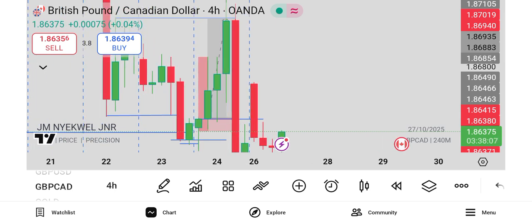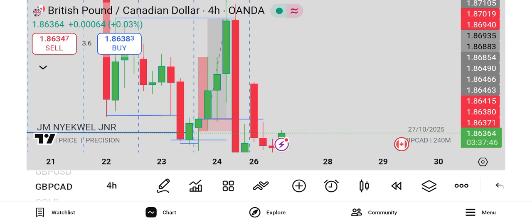So 4 hour rejection block, and that's always what we do in this strategy. You look for a 4 hour with a liquidity which was taken in a higher time frame, which is 4 hour or 1 hour, but we use 4 hour here because we need to spot our rejection block. So after the 4 hour liquidity, we came to the 4 hour rejection block, which is there, gave us the rejection block,